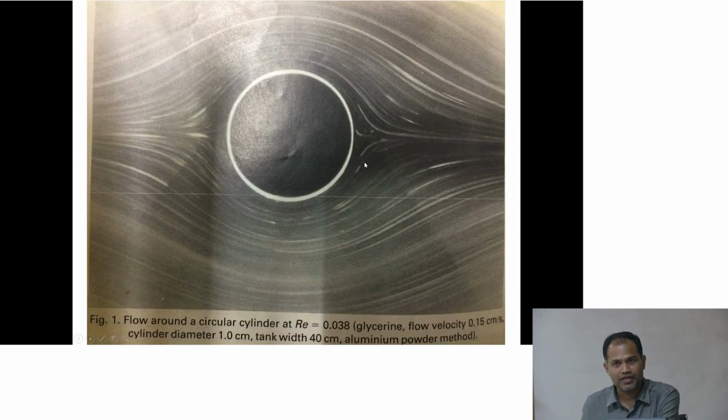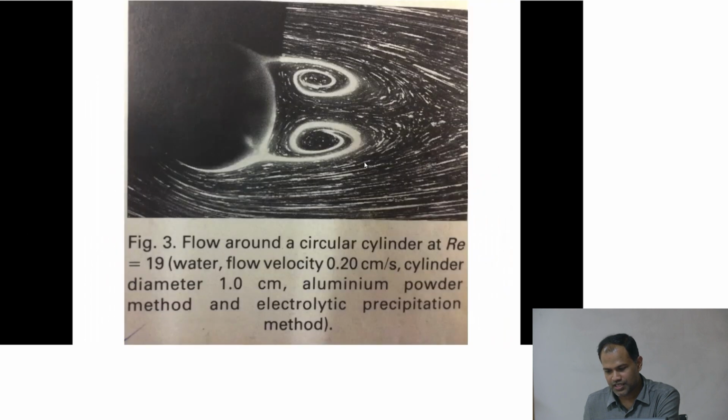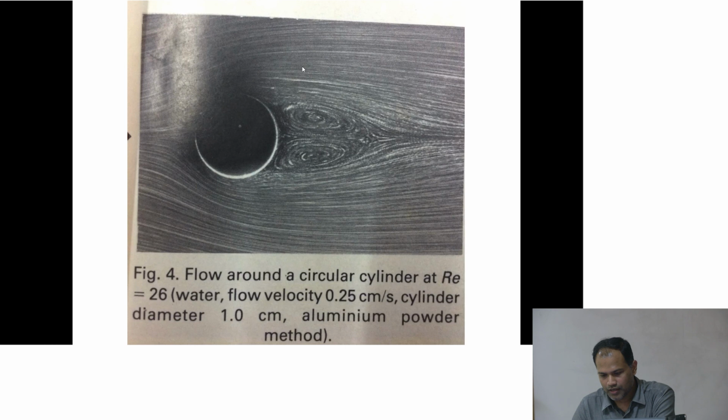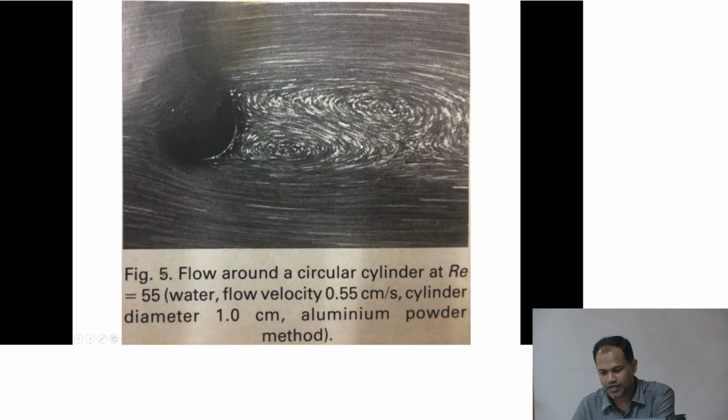So here the flow is laminar. Here the flow is laminar. Here also, actually the flow will be laminar. It would just be that there will be a lot of circulation. There will be a lot of vortices like this, but that doesn't mean that the flow is turbulent. Okay. Here also, I think the flow will remain laminar. By the time this reaches, there is a chance that some turbulent flows will develop in between. The outside fluid will still continue to be laminar. Okay, and remember that 2100 has nothing to do with this particular case.